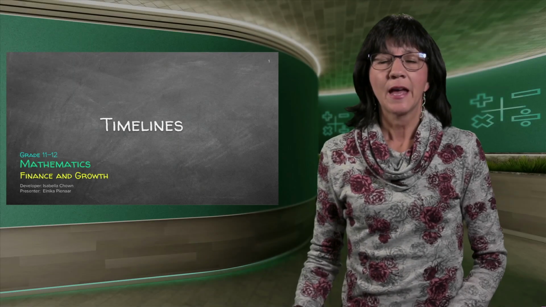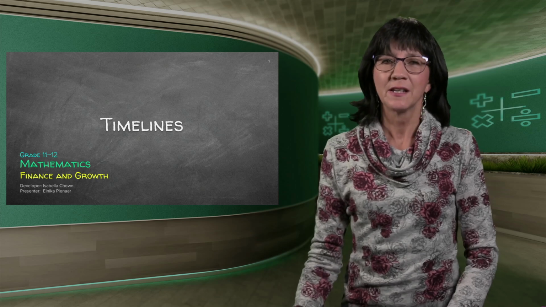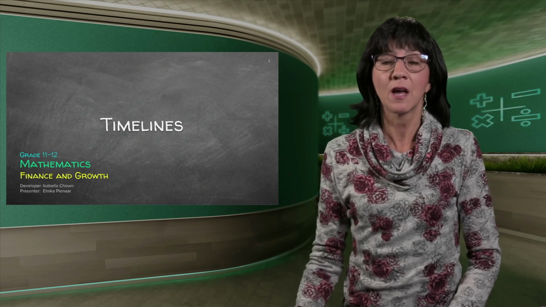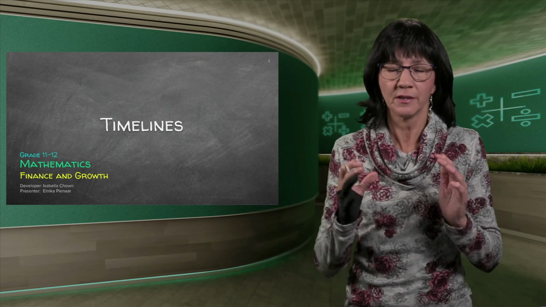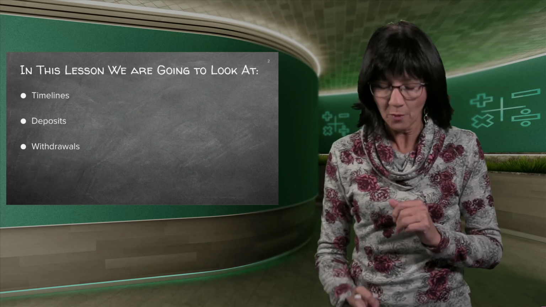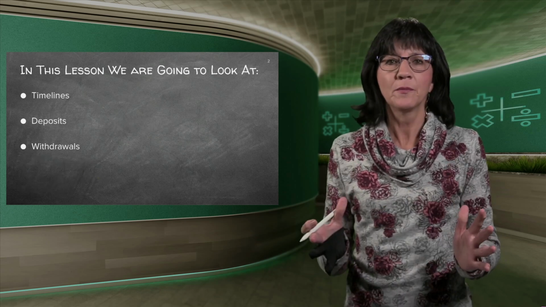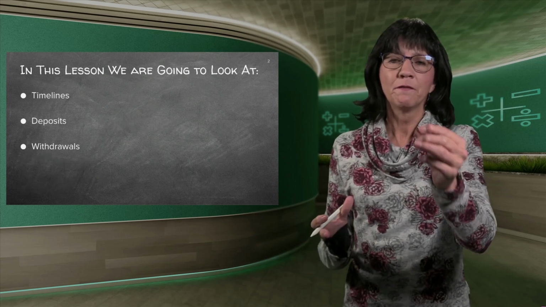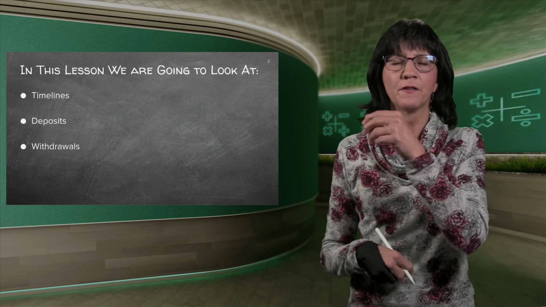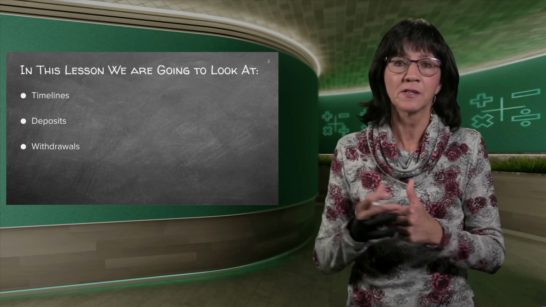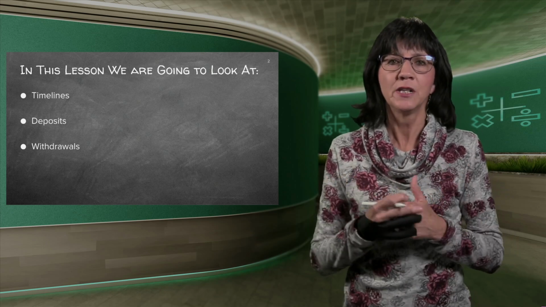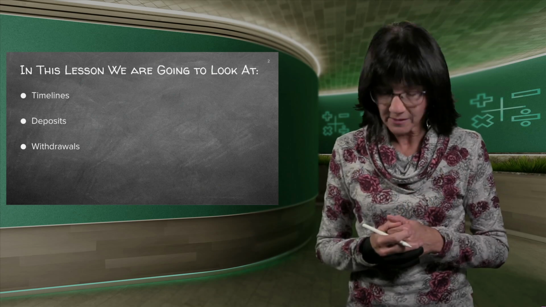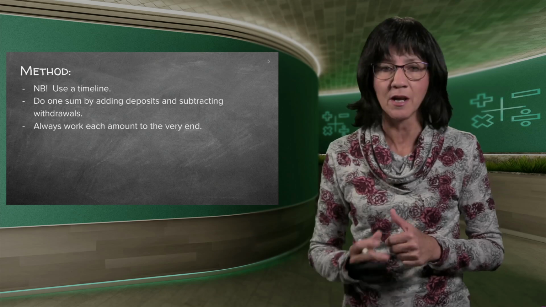Hi guys. If you can recall previously, I said it's quite important to draw timelines so that you can exactly see what is going on when you do financial problems. Now, in this lesson, we're going to go into proper detail. We're going to look at timelines because sometimes you invest and then you withdraw and then you invest another amount. It depends on what happens in your life. So sometimes there are different amounts involved and we need to cover all of that. And the best way to do that is to draw a timeline.